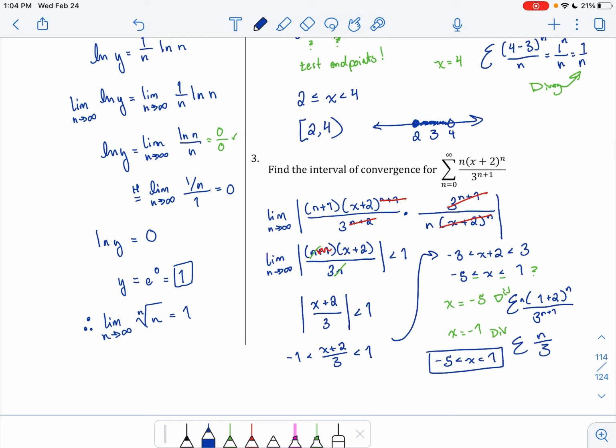If you have questions about any of the problems from the first couple days of this week, or anything here about radius of convergence and interval of convergence,